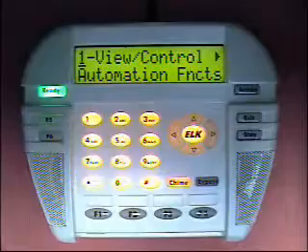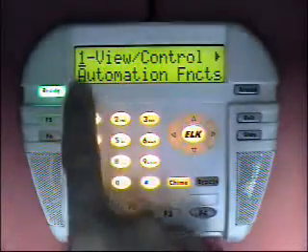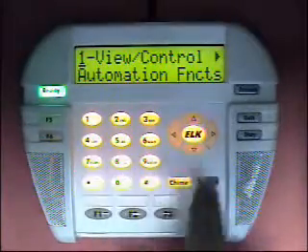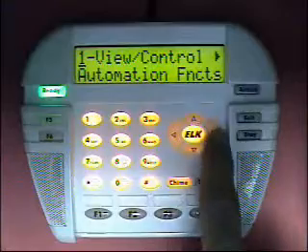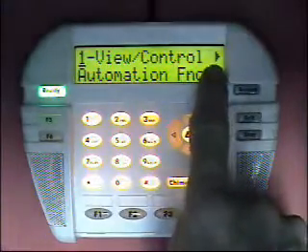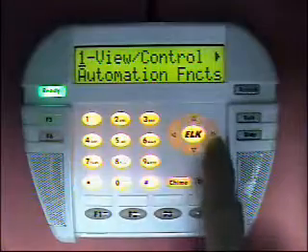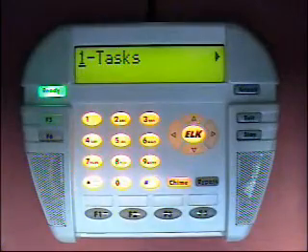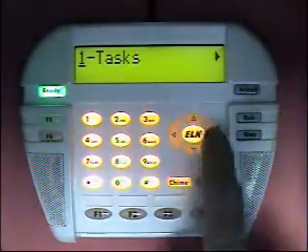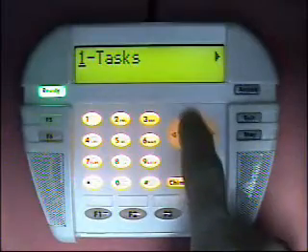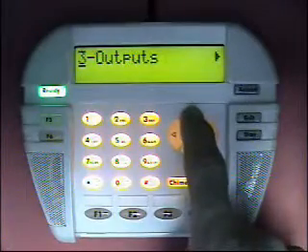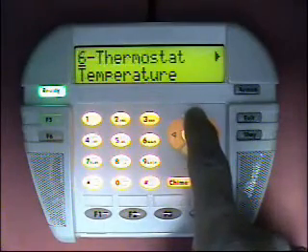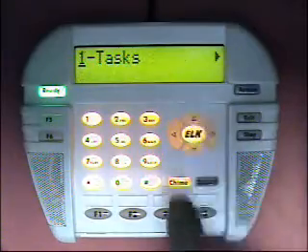If I would like to go into a menu, for instance in this case it's menu 1, which is view control or the automation functions, we press the right arrow key, which is indicated by the right arrow indicator. So I press the right arrow, and that takes us to a sub-menu, and the first item in that sub-menu is tasks. We can also go up and down this sub-menu. The next item is lighting and outputs, temperature sensors, keypad temperature, thermostat temperature, and then it wraps back around to